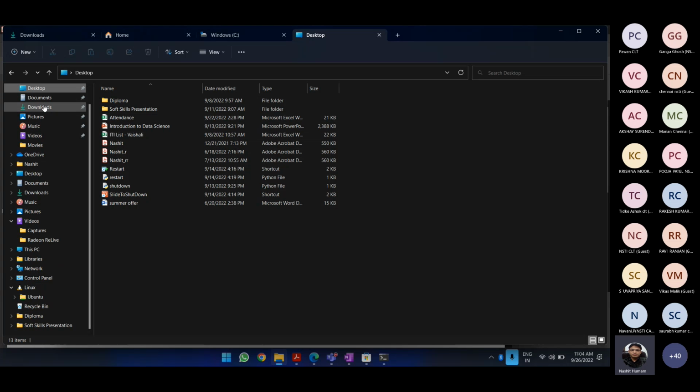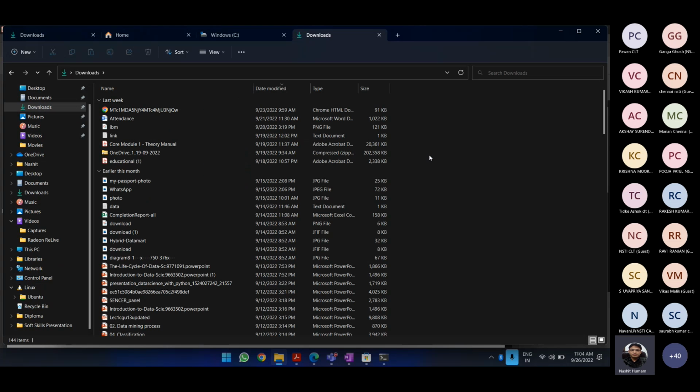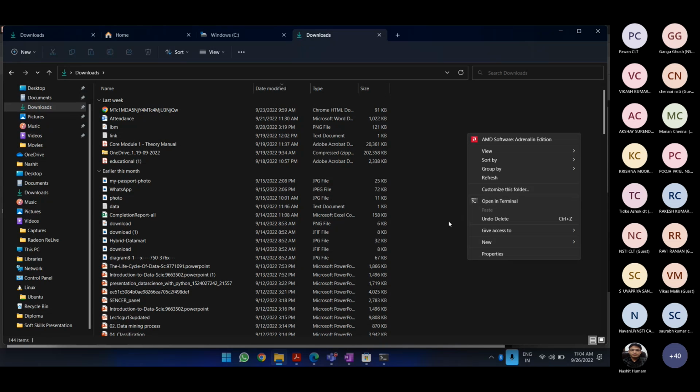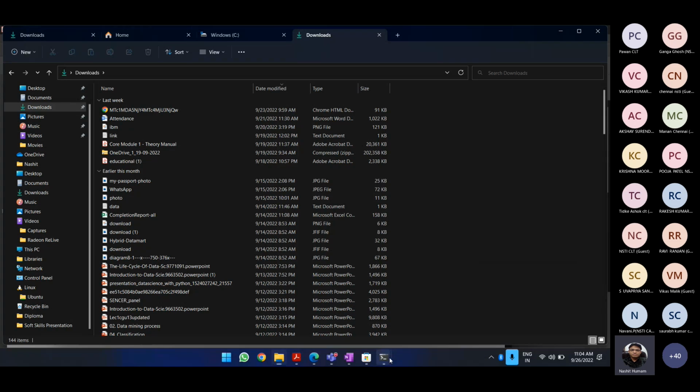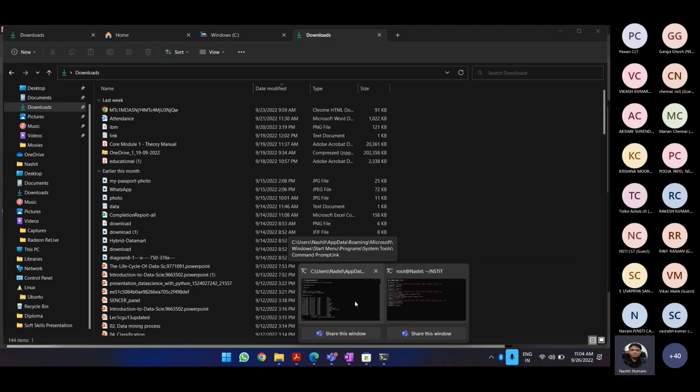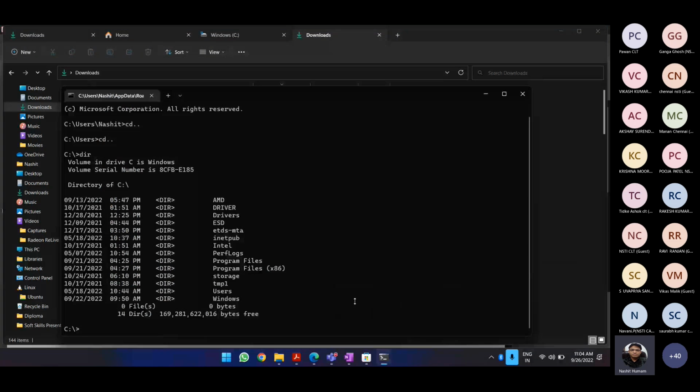Let me move into this downloads folder. Let me try to open the terminal if I can. Hmm, cannot use the terminal. So I won't be able to open the terminal right there. Okay.